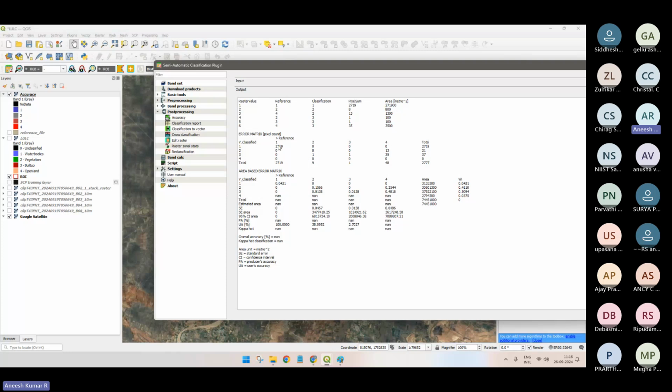In both the cases, they are similar. That means for the water body, it is correct. Okay, so now you can go to the second one. Here, two. So it should go diagonally. Okay, so here what happened is 2719 pixels were taken totally, among which 2719 come